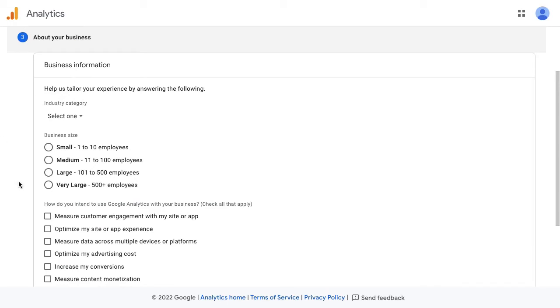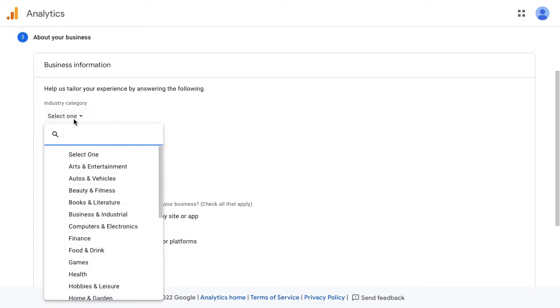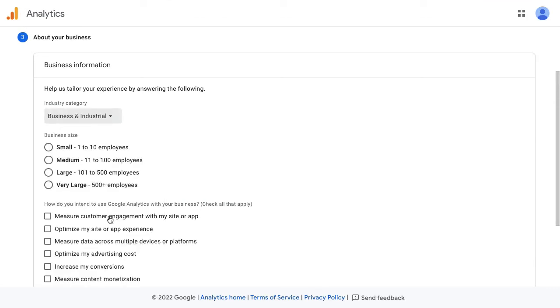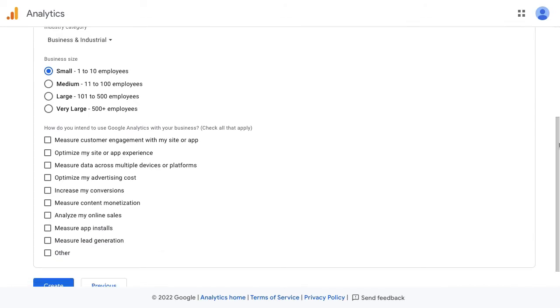Business information, help us tailor your experience by answering the following questions. So your industry category, you're going to just click here to select which category best describes your business. So for us, we're going to click on business and industrial, and then you select your business size here. So you have small, medium, large, or very large. We're going to select small, and then down here, basically, how do you intend to use Google Analytics with your